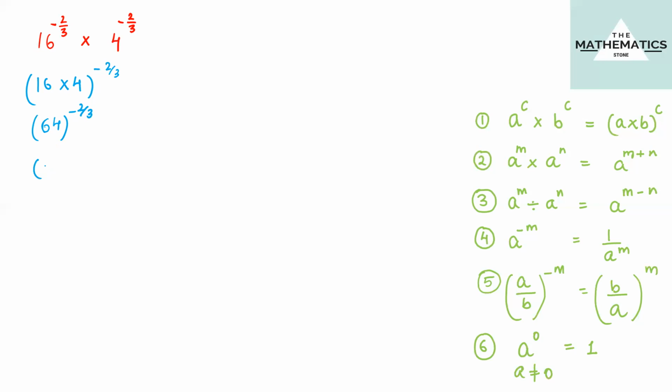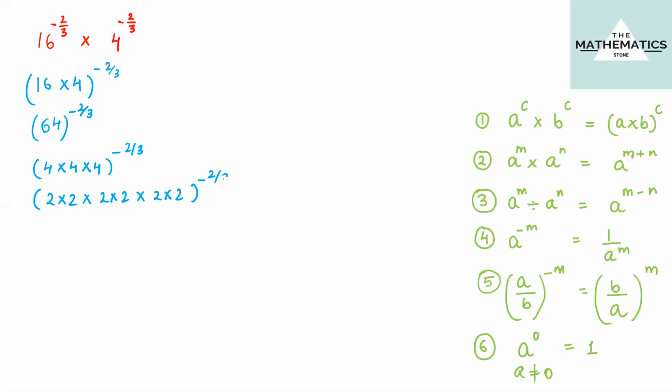So the prime factorization of 64 will be 4 times 4 times 4, because 4 times 4 is 16, and 16 times 4 is 64. Now you say that 4 is not a prime number. That's absolutely correct. 4 is not a prime number. You can break it again. So let's break it. 4 can be broken down as 2 times 2, again 2 times 2, again 2 times 2,